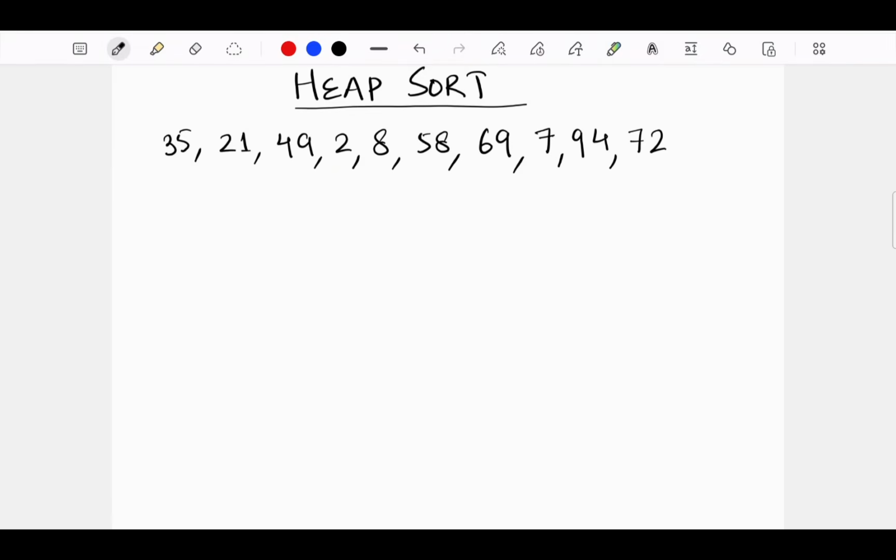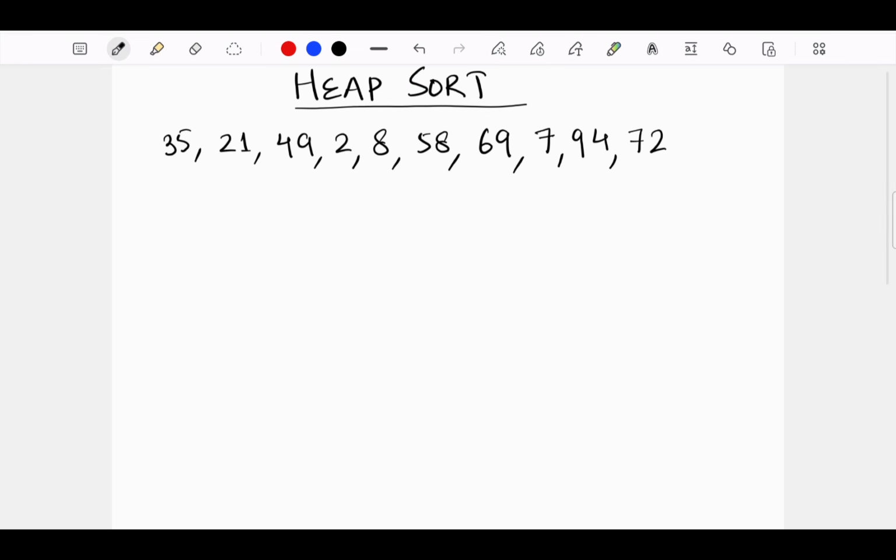In the previous videos, we have seen what is a heap, what is max heap, what is min heap. If given a list of elements, how to create a heap. After the heap has been created, how to delete an element from the heap. And finally, we saw what is heapify function, and how we can use the heapify function to create a heap. Now let's see heap sort in this video.